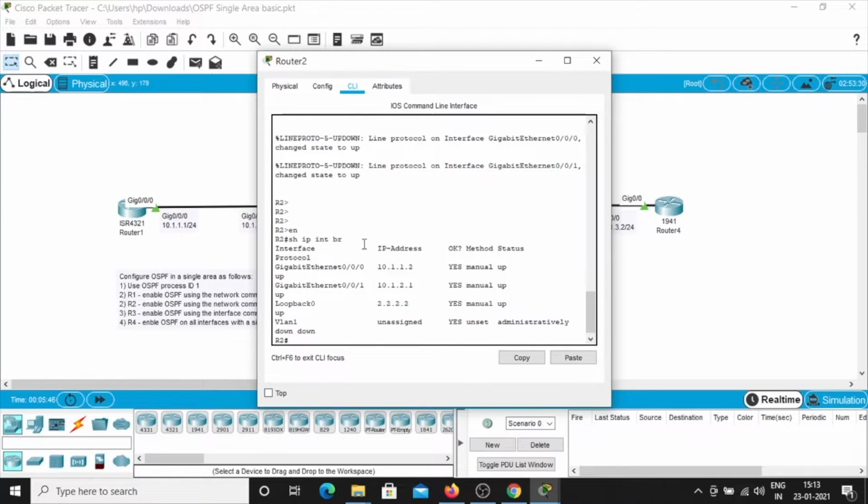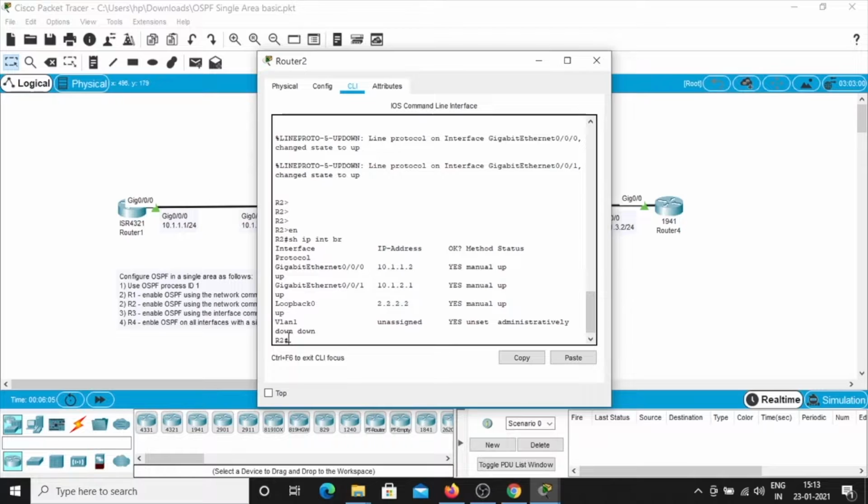For gigabit Ethernet 0/0/0, the IP address is 10.1.1.2. Gigabit Ethernet 0/0/1 is 10.1.2.1 and loopback address is 2.2.2.2.